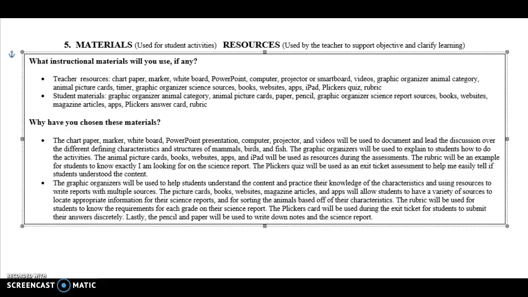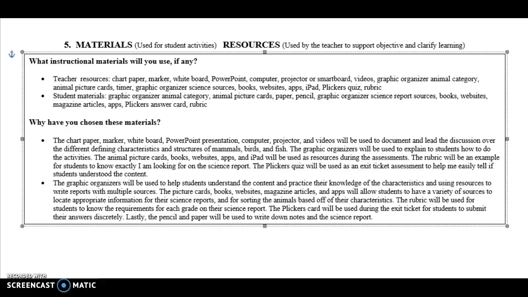The animal picture cards, books, websites, apps, and iPad will be used as resources during the assignments. The rubric will be an example for students to know exactly what I'm looking for in the science report. And the Plickers quiz will be used as an exit ticket assessment to help me easily tell if students understood